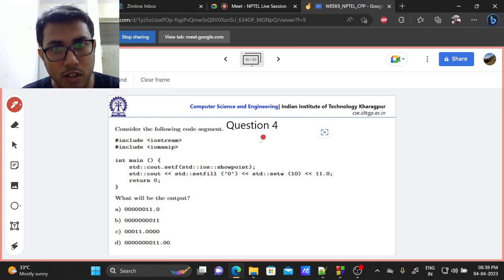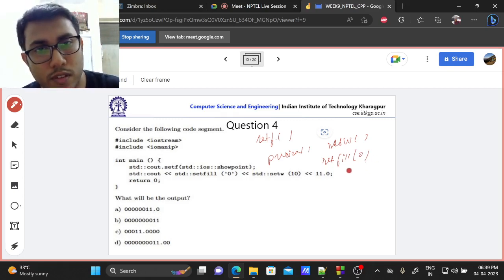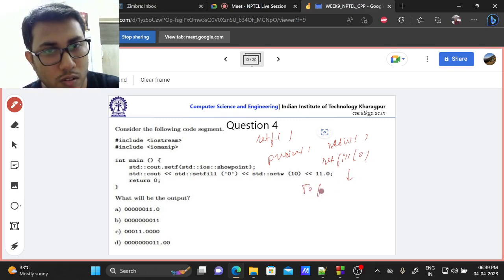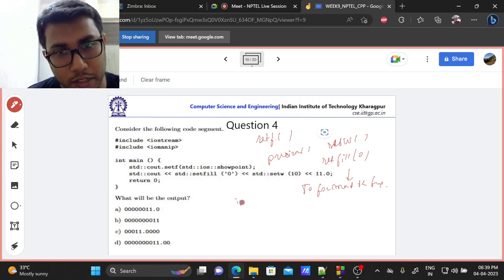The standard library of C or C++ has these kinds of techniques like setf, setprecision, setw, setfill. They use these to format the text. So one pretty good example of formatting the text I can give is, suppose you have defined an